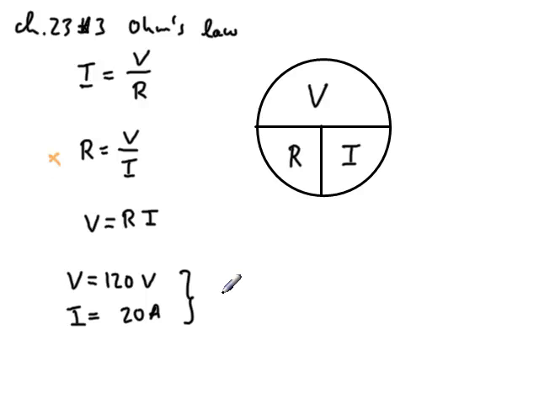So R equals V over I, which is 120 volts divided by 20 amps, which is 6, and volts divided by amps, that's what the unit would be,